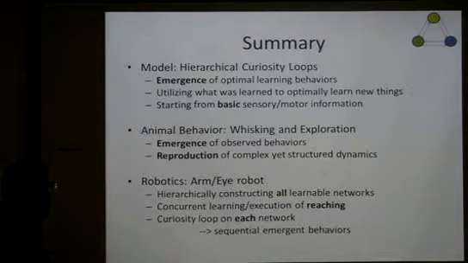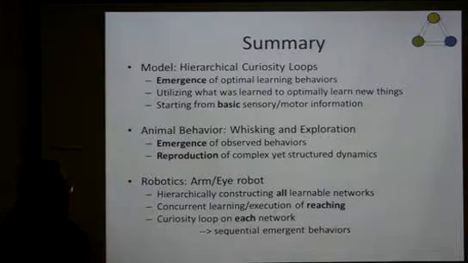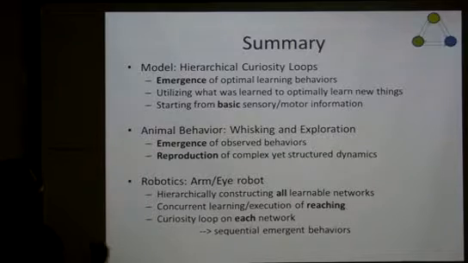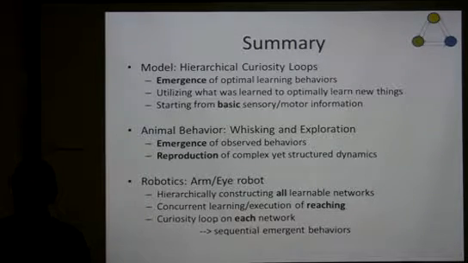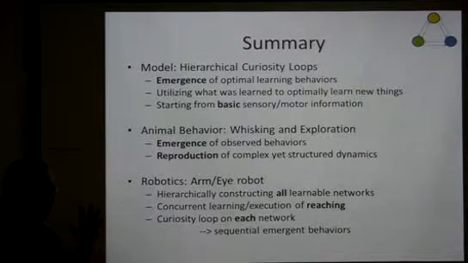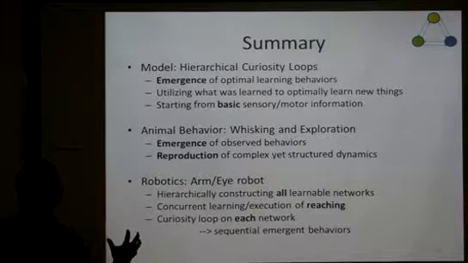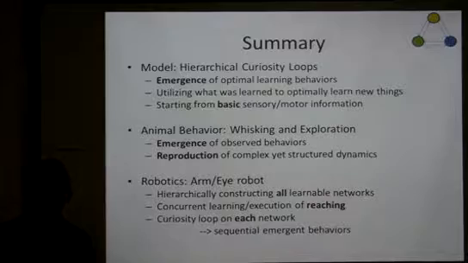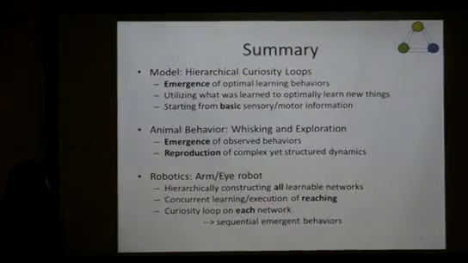And I showed you in the robots that first I hierarchically construct all that you can learn. It's an exhaustive construction, so there is nothing else that you can learn from a 2-to-1 correlation. And you can have concurrent learning and execution because everything is autonomously learned. You can continue learning all the time and then recalibrate whenever anything changes, which is one of the most important advantages of autonomous learning. You can always adapt to new environments because you don't need a teacher or someone to tell you that something changed.